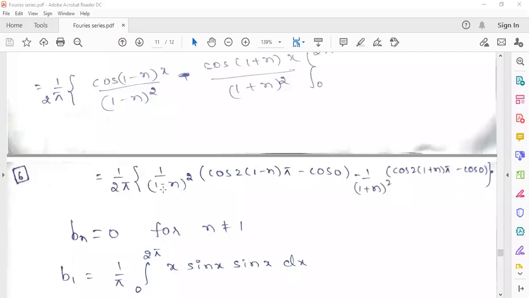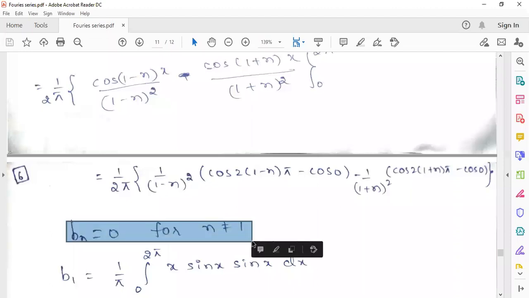So now, if you put n equals 1, the denominator is also 0. So 0 by 0 means it will be an indeterminate form. To avoid that, you have to mention Bn will be 0 for all values except n equals 1. That is, Bn equals 0 for all n not equal to 1. So B2 will be 0, B3 will be 0, B4, B5 up to infinity, all terms are 0. Only at n equals 1, Bn is not defined according to this obtained expression.